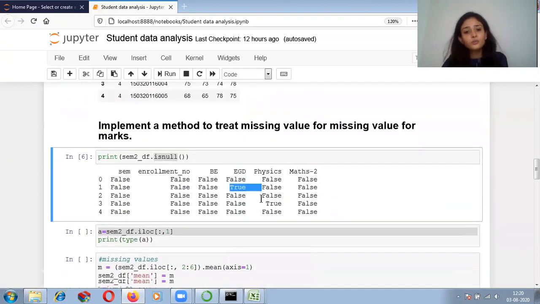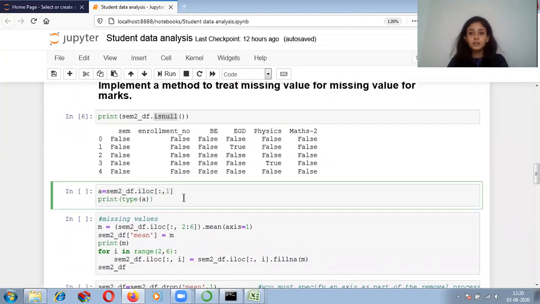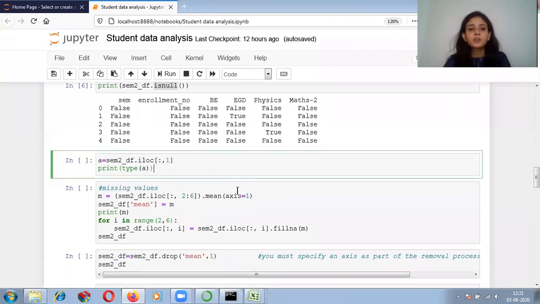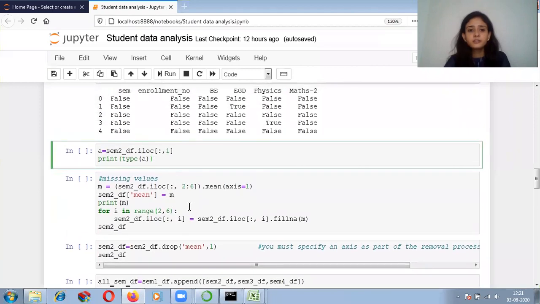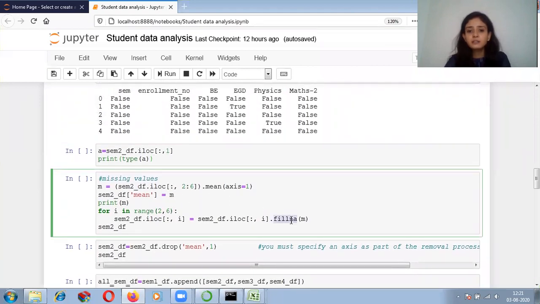You have to fill the missing value, but by considering which value will you fill it? Over here, you can fill the missing value by using the fillna function. The fillna function is used to fill the missing values.